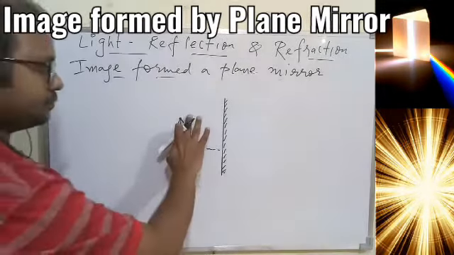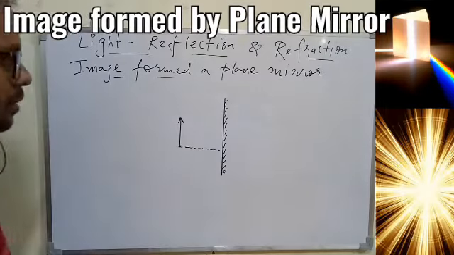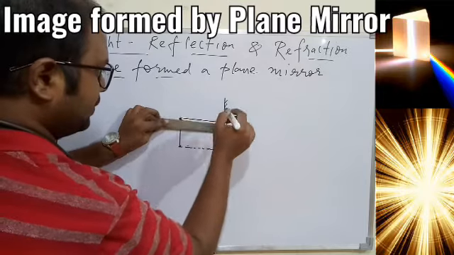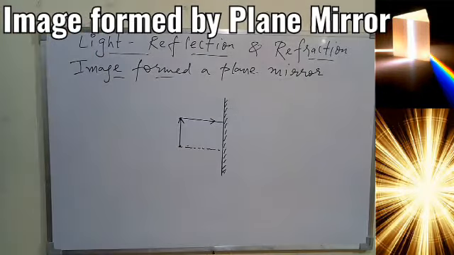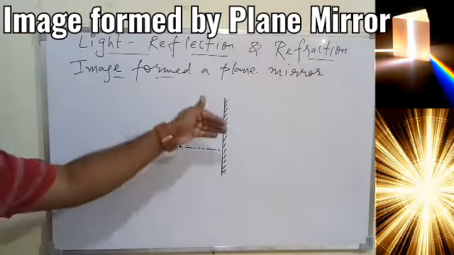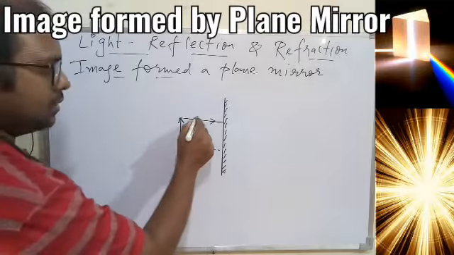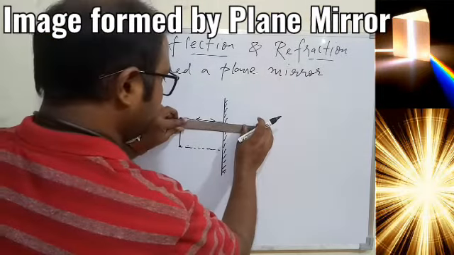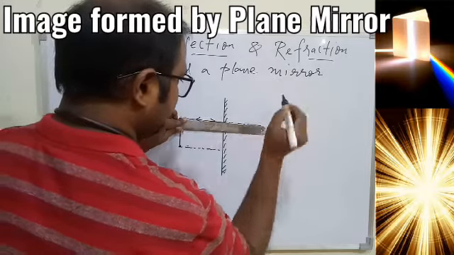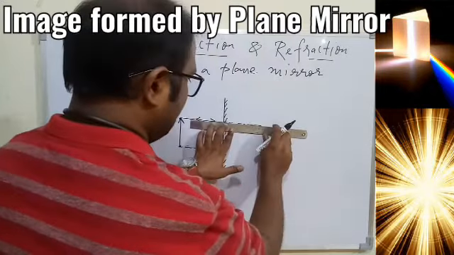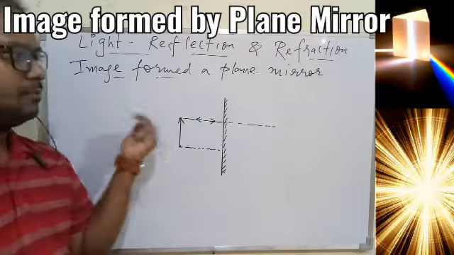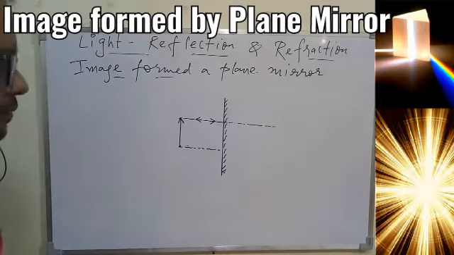So very first, let's try to find the image of the above point. Again we'll apply the same rule. A ray of light is falling. Since we are trying to find the image for the topmost point of the object, what will happen to this ray? Again this ray is normal, perpendicular to the mirror, so it will get reflected back. The very first reflected ray is coming back. So again we need to draw this extended in the forward direction, because we understood the rays will basically seem to be coming from behind the mirror.